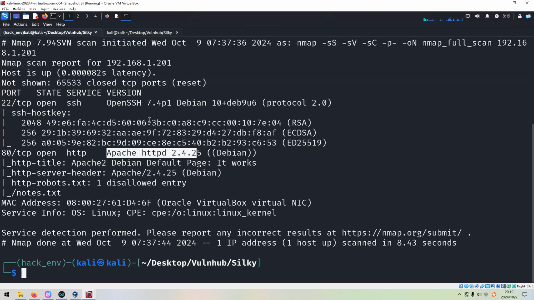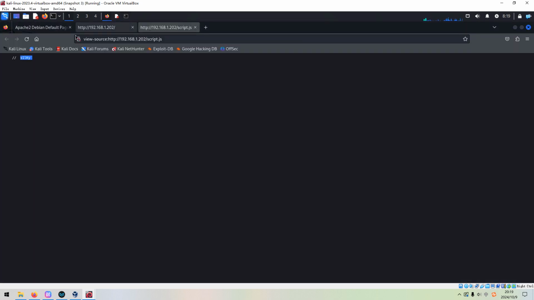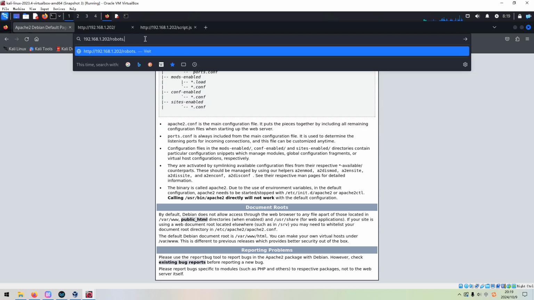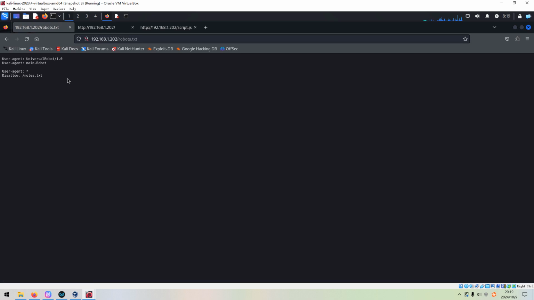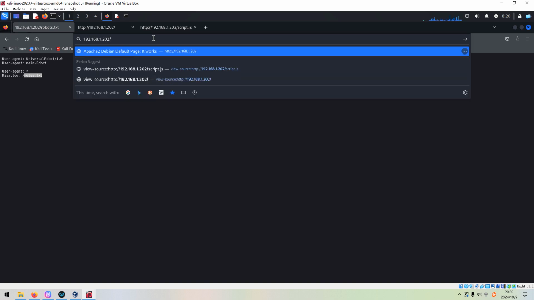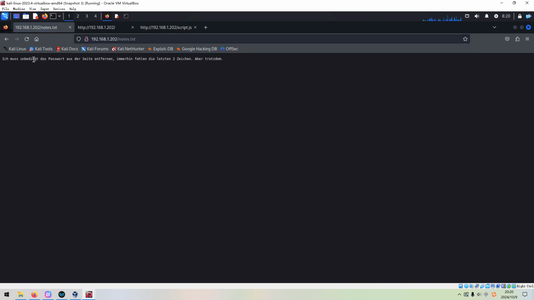Okay, so now we need to do more enumeration, such as accessing the robots file. Here we got one entry, notes, and we can access this file. Here there is some information, but we don't know what the language is.